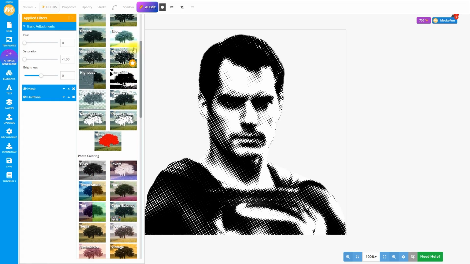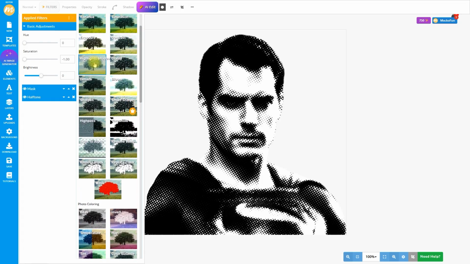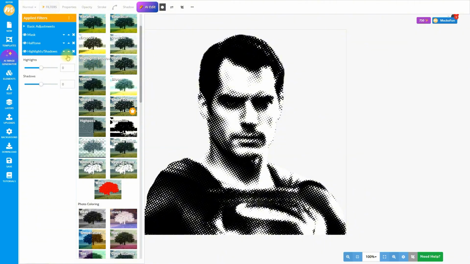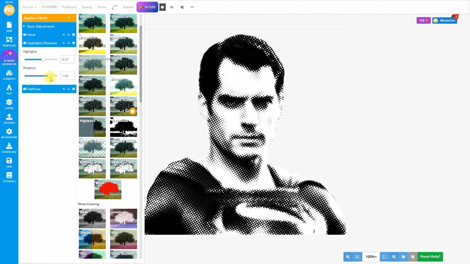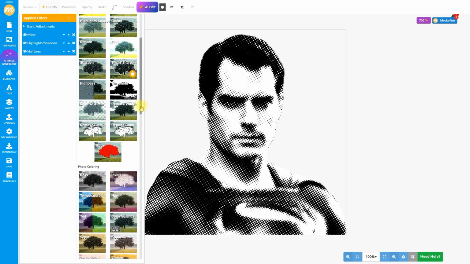Let's go to the Filters gallery again and add the Highlights and Shadows filter. Click on the up arrow to change the order of the filters, moving highlights and shadows before the halftone. Click on it and let's play with the highlights to see what happens. Okay, let's make the shadows lighter and the highlights darker. That looks pretty nice. Of course, you can always come back and change the settings. All the MockoFun filters are non-destructive, so you can edit the settings for the halftone, highlights and shadows, basic adjustments,